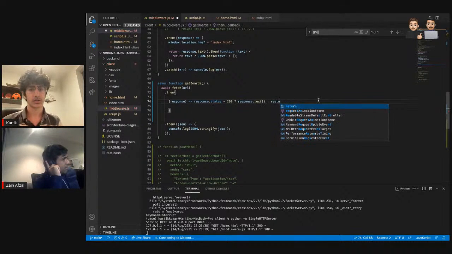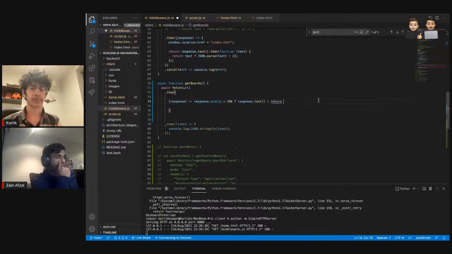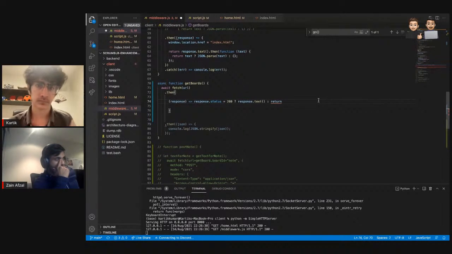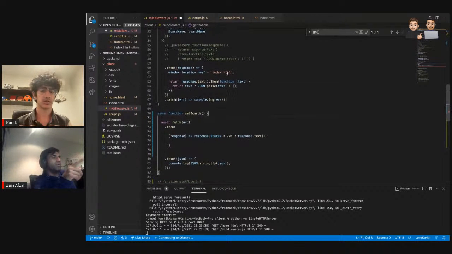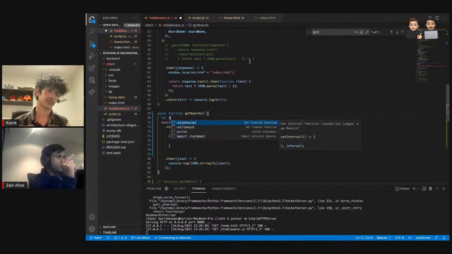Do you want me to use a return? You can't use a return in there, because it's a terminating statement. But I can assign a variable here and do just a string, as in a JSON formatted string.